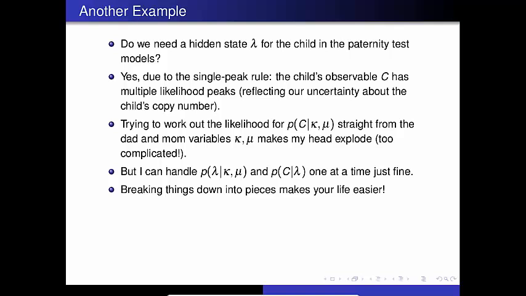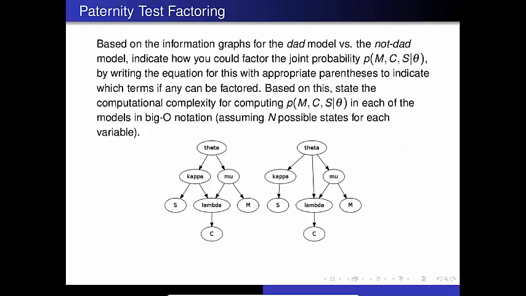It's just hiding there on that edge, and you're pretending that one edge is a single model when it's actually three different peaks. So for both of those reasons, I would definitely recommend that we keep the single peak rule, and that justifies why we need to keep the child's genetic state lambda in this information graph structure in this model. Any questions about that? Okay, well, let's